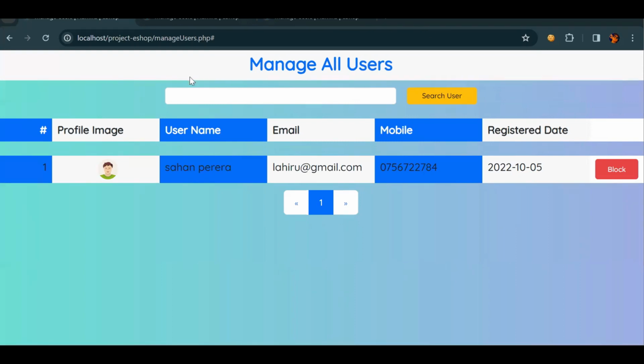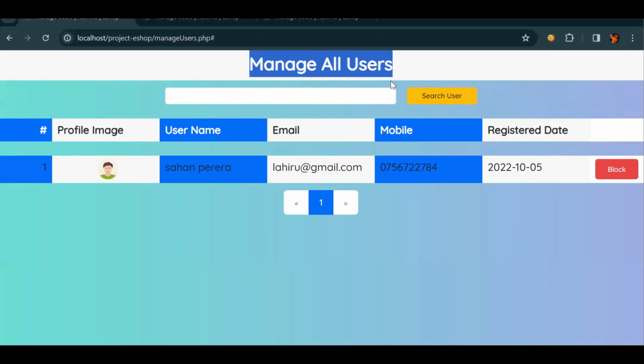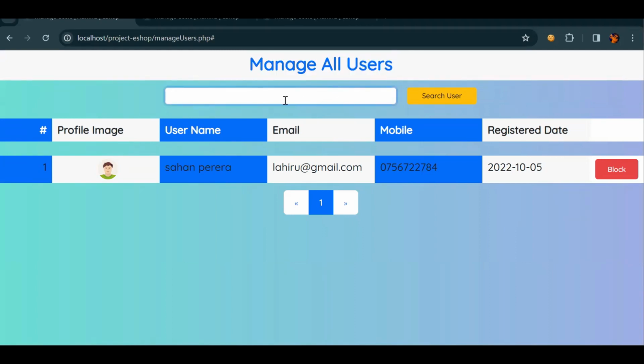Here at first I have added a text, "Manage all users", and then I have added an input tag relevant to the search user button, and also I have created several divs such as the profile image, username, email, mobile, and also the registered date. And also here we display the information of the relevant user in this row as user number 1